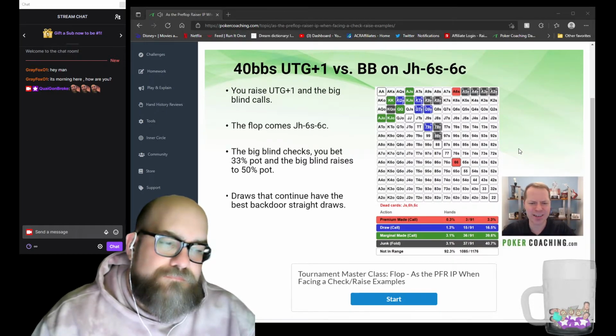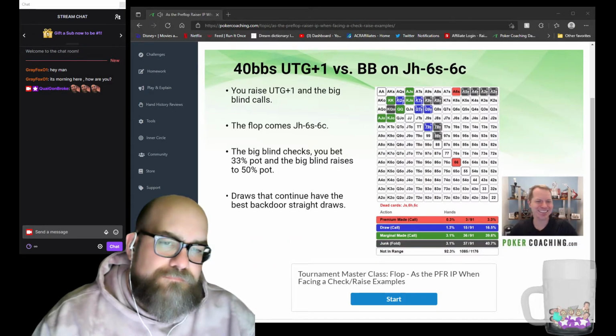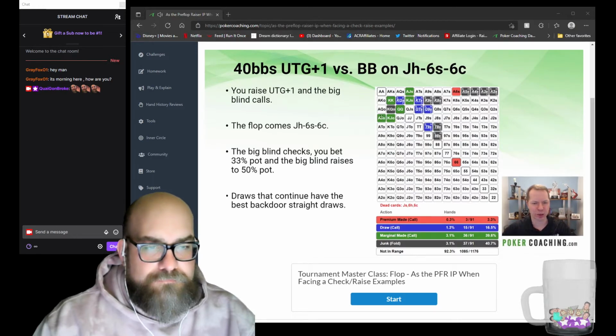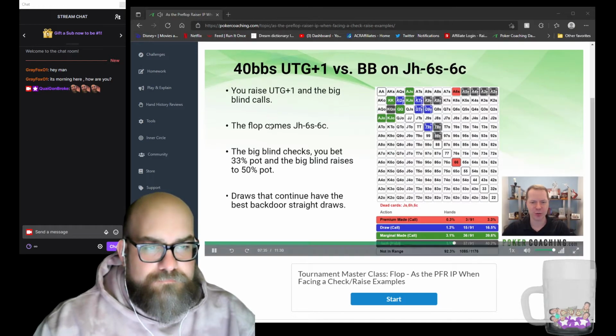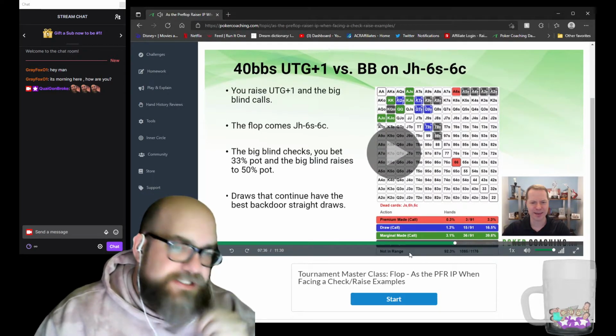You may say, aren't ace-jack, king-jack, kings and queens premium hands here? Kind of. The thing is, when you get check raised on jack-6-6 against the big blind, their range actually includes a whole lot of sixes. So now, these hands essentially become bluff catchers. This is a spot I was referring to earlier where when your opponent's check raising here, you don't want to just blast it in. My definition for bluff catcher is typically,